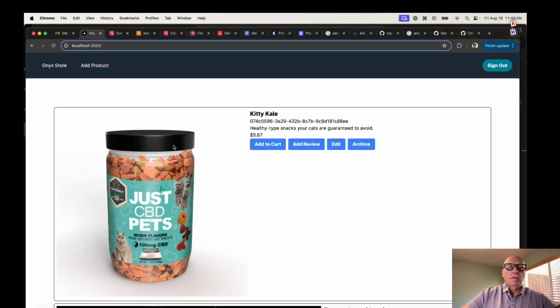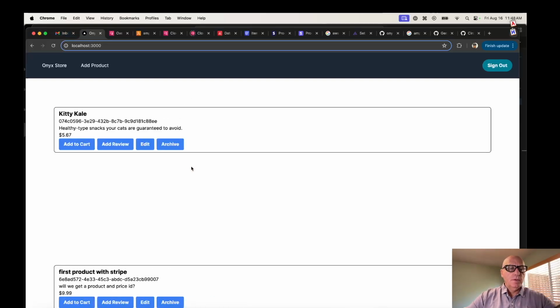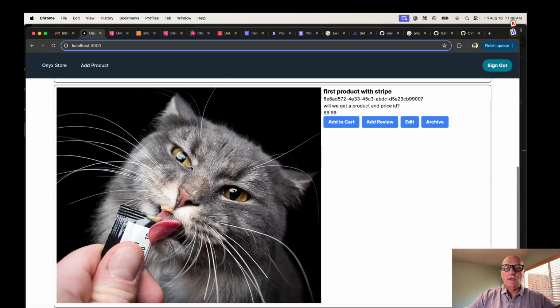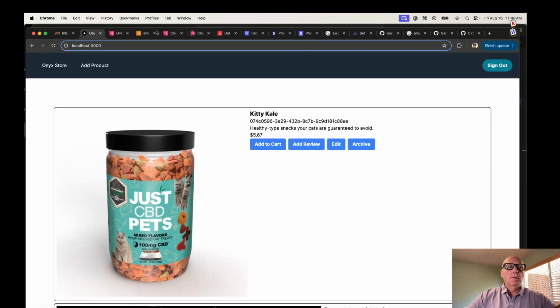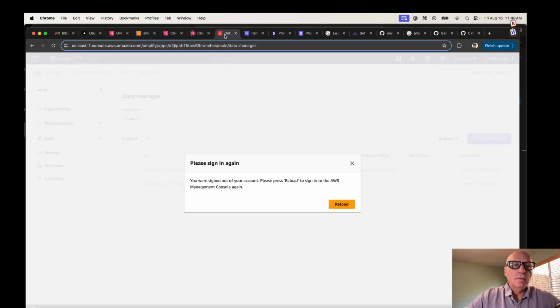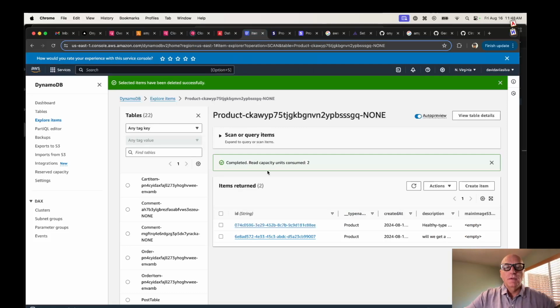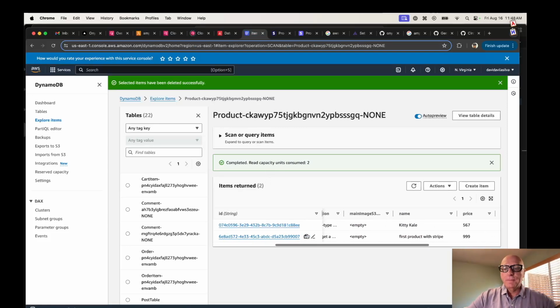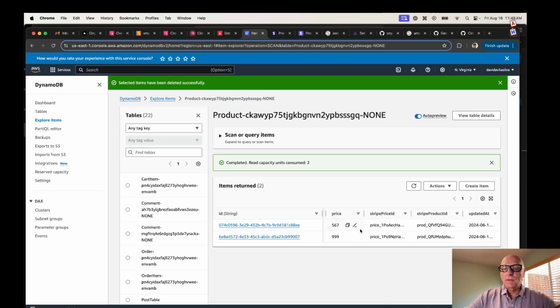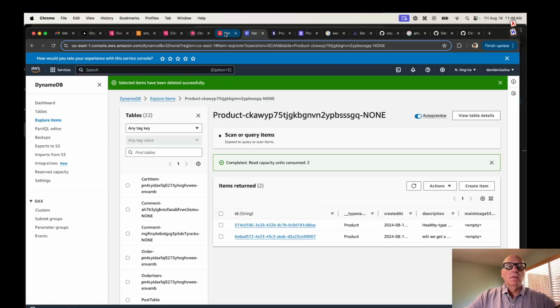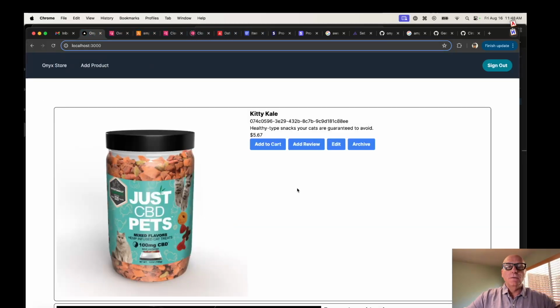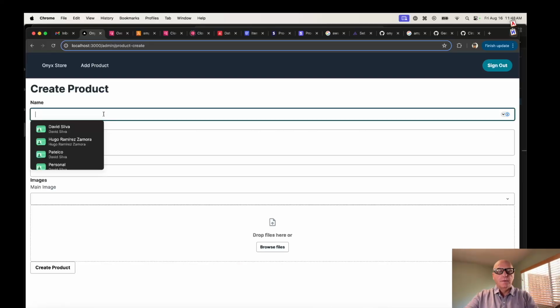So here's our app, and there's a couple of products in there. KDKO, first product was Stripe. And if we look at the database, here, this one, we can see we've got 2 products in there. I recently created those, so these already have product IDs. They're Stripe price and product IDs. Functionally, from the user's point of view, this is not changed. We're just gonna